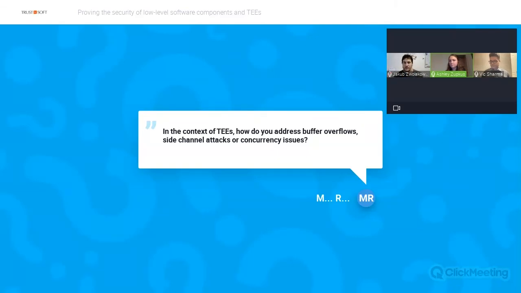Sure. Well, to start with, as I explained earlier, the TEEs by themselves are highly secure, but the subcomponents within TEEs can be compromised. So, for example, an issue like a buffer overflow in, let's say, a trusted application, or the TEE kernel can be exploited to gain access to the Linux kernel itself, and can compromise the device it is running on. So essentially, within that context, what we do is prove absence of issues such as a buffer overflow.